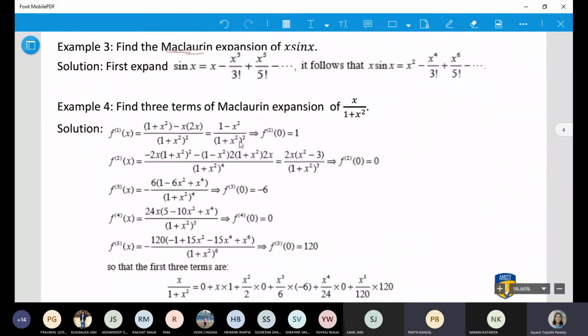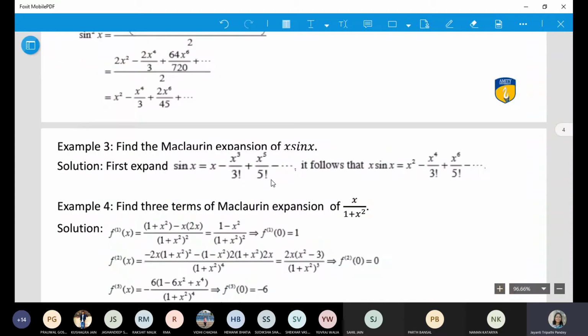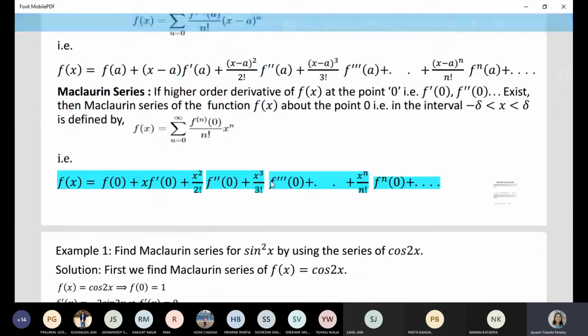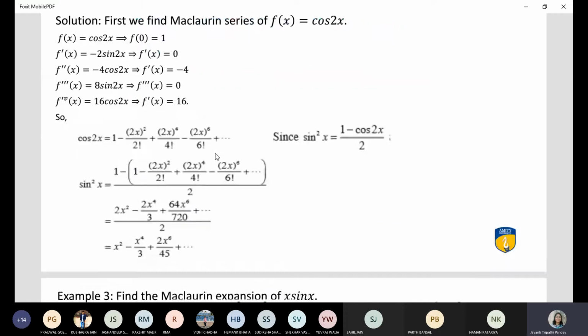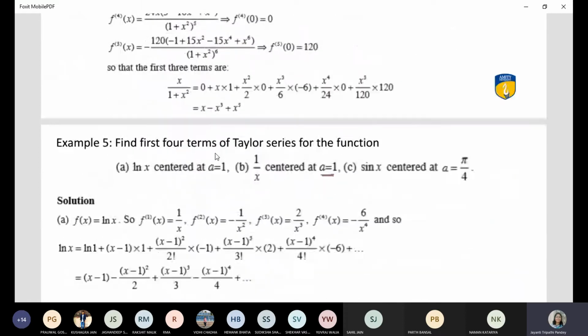Yes ma'am. So this is one type of expansion. There is one more type of expansion in which it is said that you expand with respect to some specific a, as the series was given here. This was the expansion about a. So if we have to expand about a, we have to identify a. Let us see how to go about it.